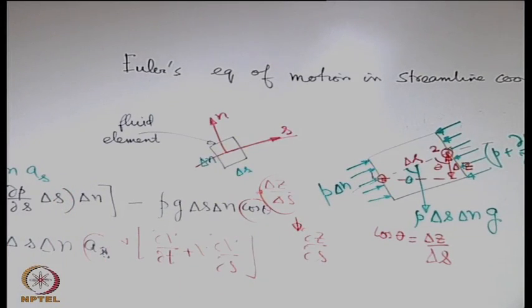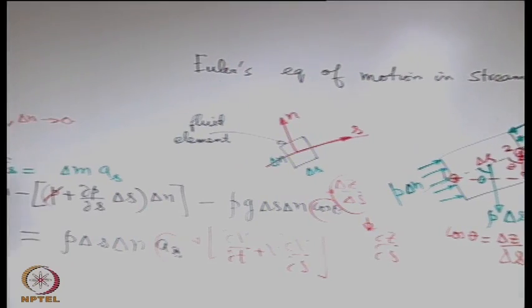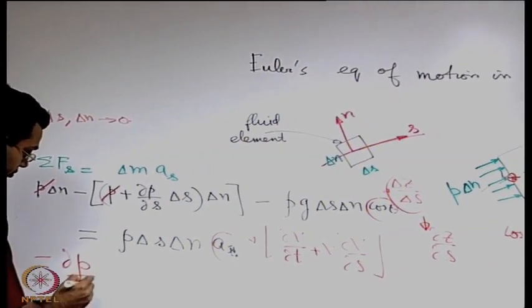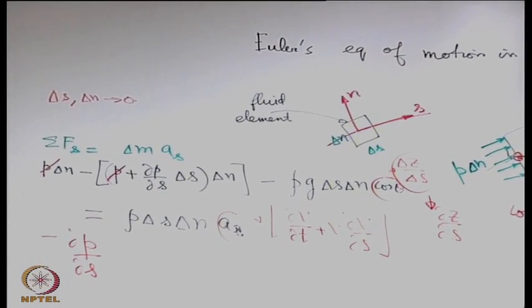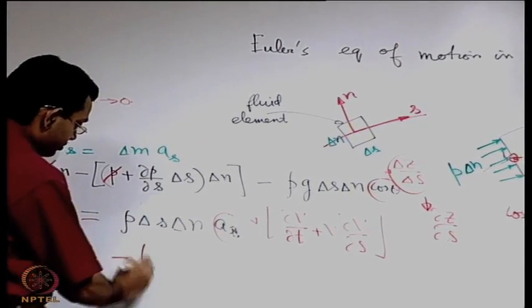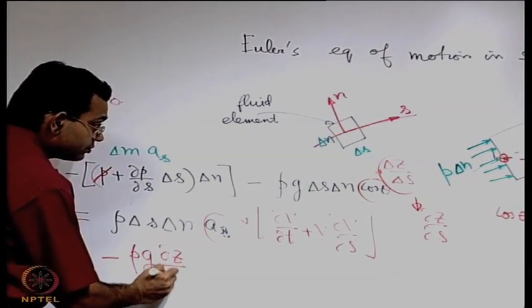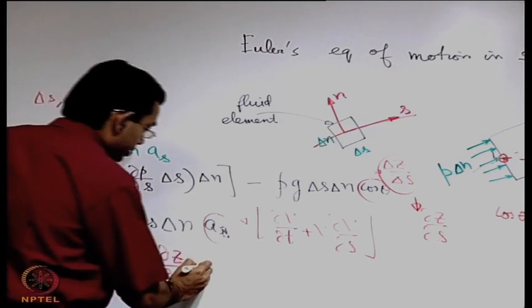So what we can say here that minus partial derivative of p with respect to s minus this one is equal to